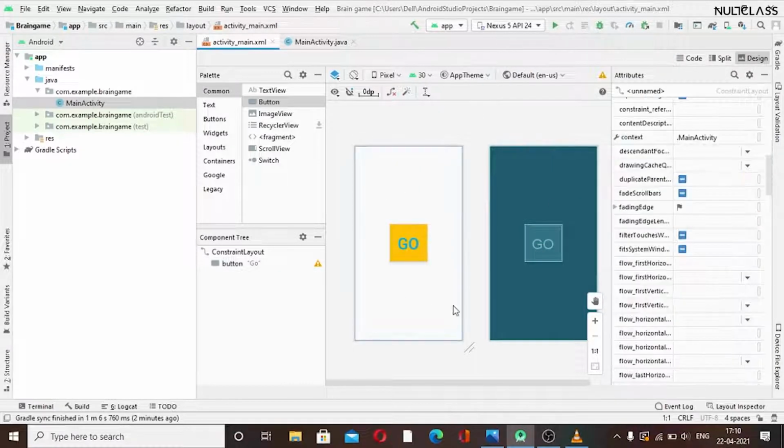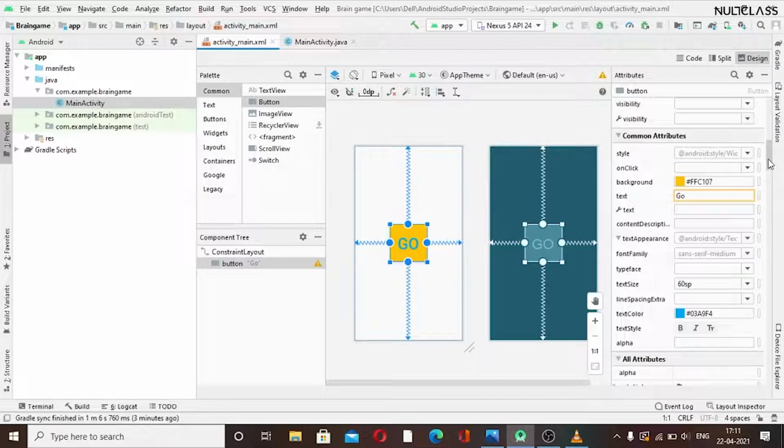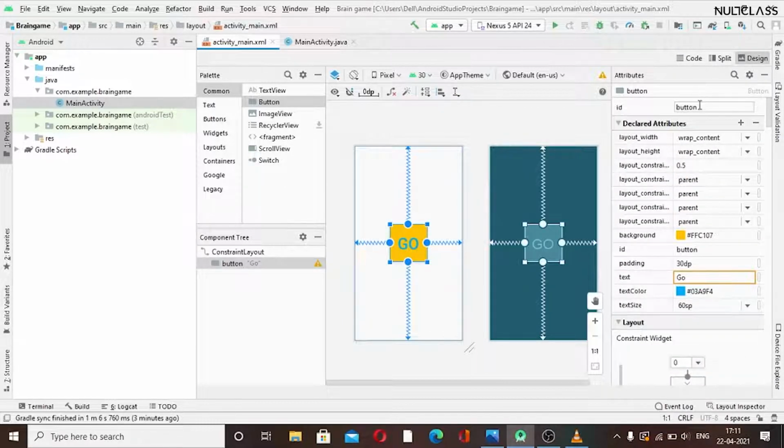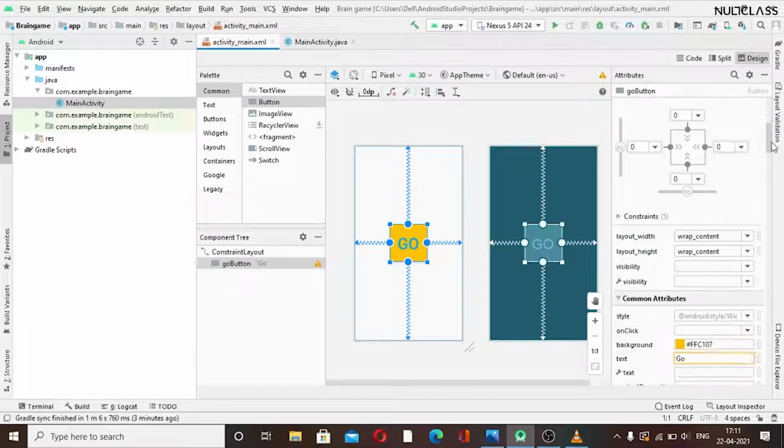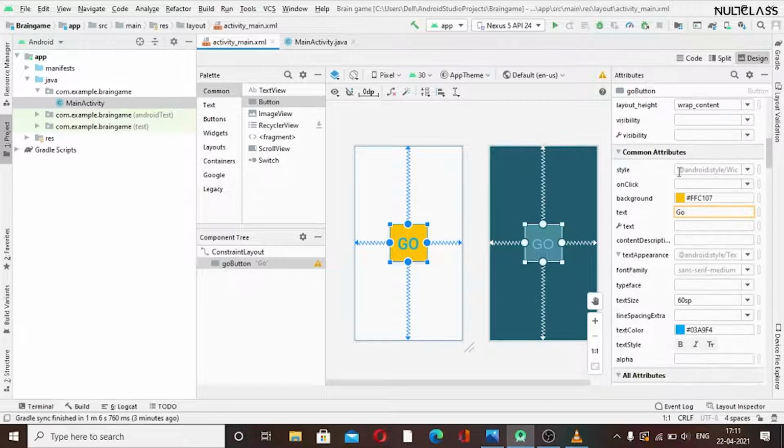So we have set the visual here, and the thing which I was telling, that initially I want to make it invisible as soon as user clicks on it. As we click on this, then the go button should disappear and the other function should appear, which I have shown you, like text view, score view, and other things. So firstly we will be creating the code for this. So firstly I will give it an id. I will give the name as go button. This works fine. Okay, and now we also have to give its onClick method here.